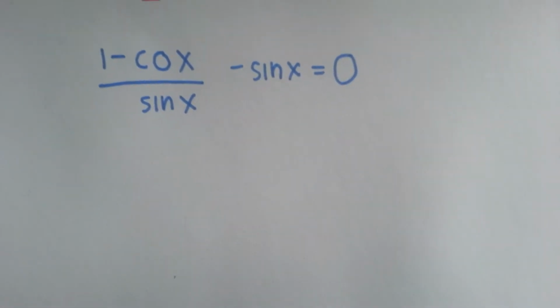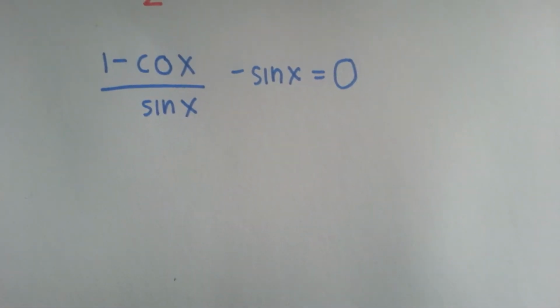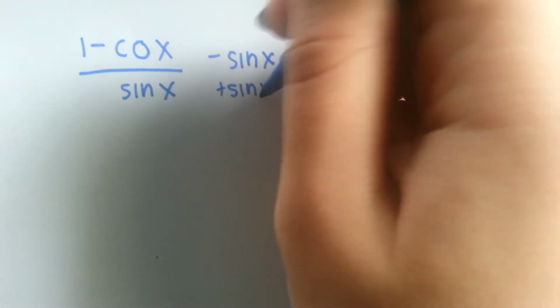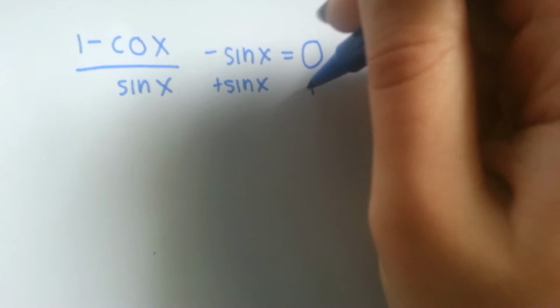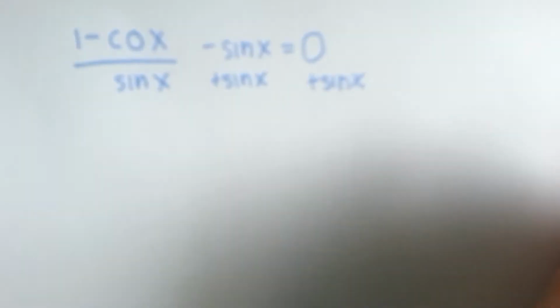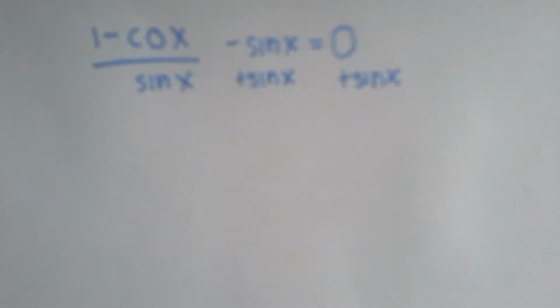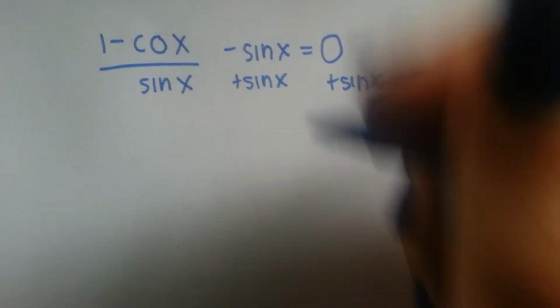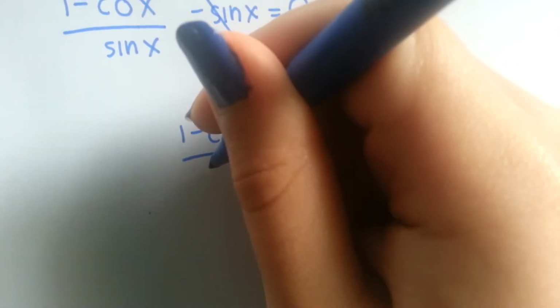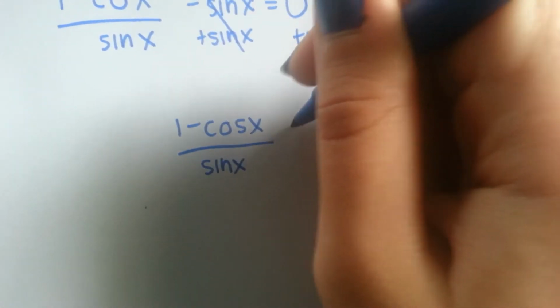Okay, so now in order to solve this, to make this easier, we're going to add sine x to both sides. So then this is going to cancel, so then we're going to end up with 1 minus cosine of x over sine x equals